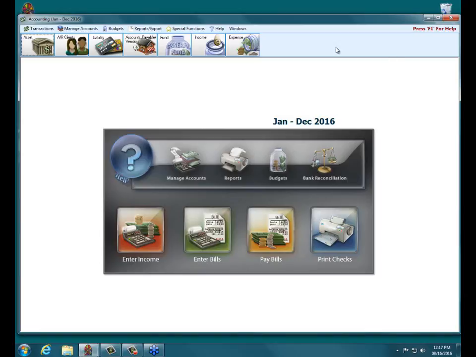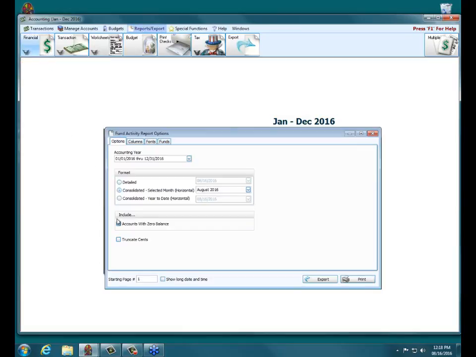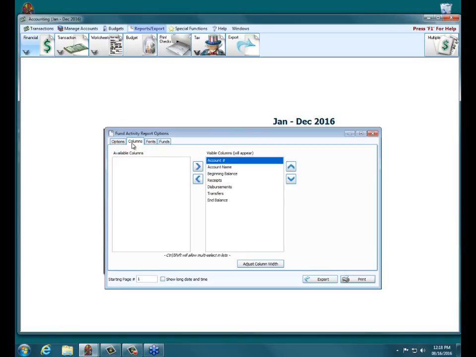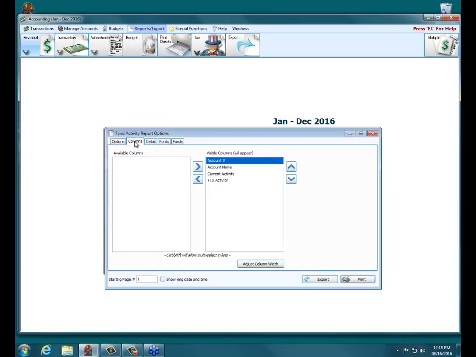That's a great question. Yes. We go to reports, financial, fund activity report. We check accounts with zero balance. I'm going to go to my columns tab. Oh, we want to leave detailed. We don't want the consolidated. But under the columns, we're going to remove anything referencing our amounts. If I leave just account number and account name and simply click print,